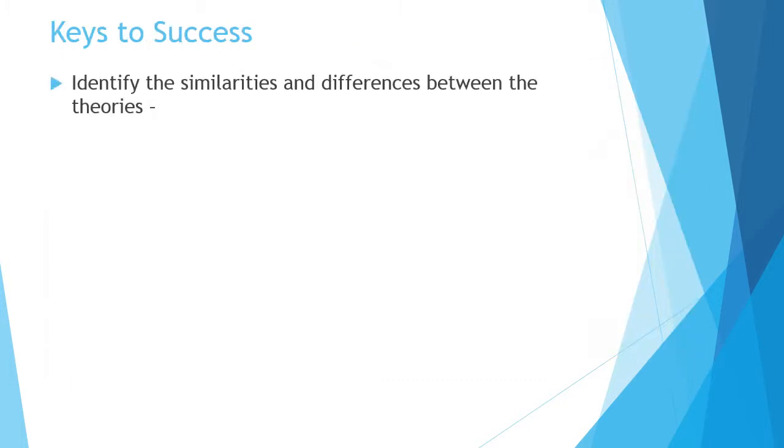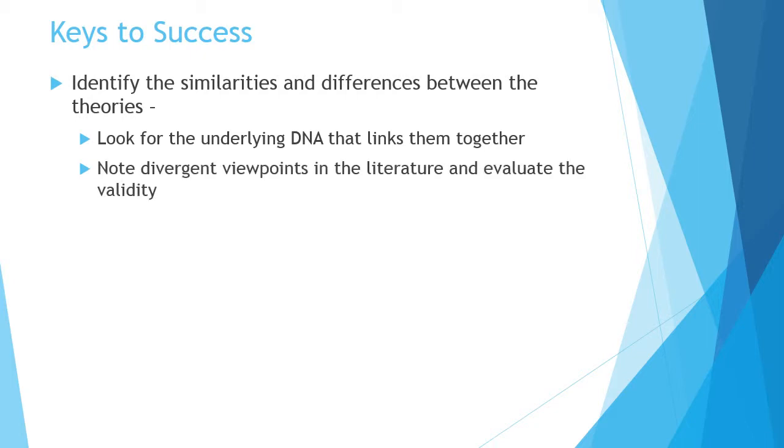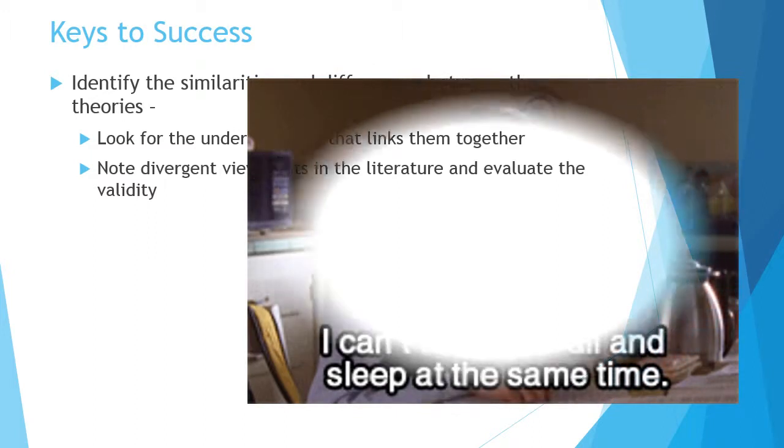So the key to success, well, we're still looking at the different theories. We're studying the streams of literature within leadership, and you should be looking for really not describing the theory, but looking at what's in it, what's underlying it, how does it tie together with other theories, where are there differences, what are people saying about it, what are the experts saying about the particular theories. There should be divergent points of view, where some people will say contingent theory is the way to go, it's the best approach. Others will say it doesn't cover enough, or it covers things in a way that is too vague. So you should understand the different viewpoints and the consensus.